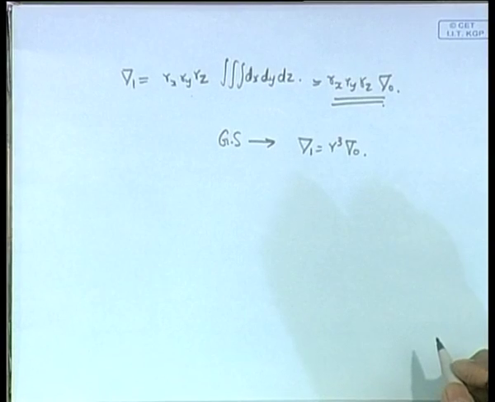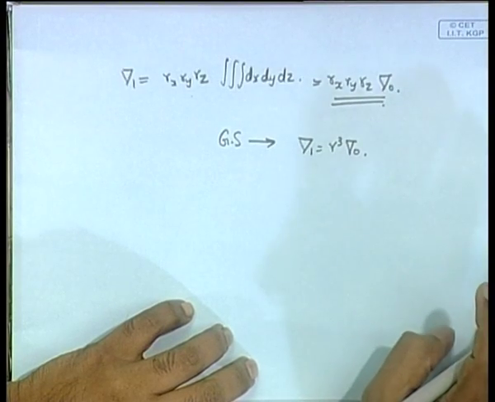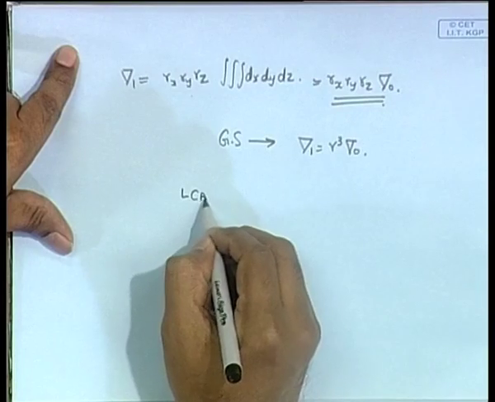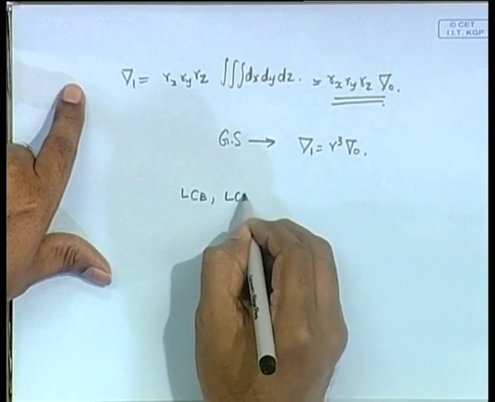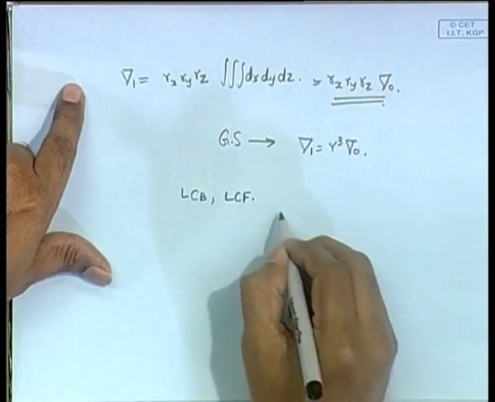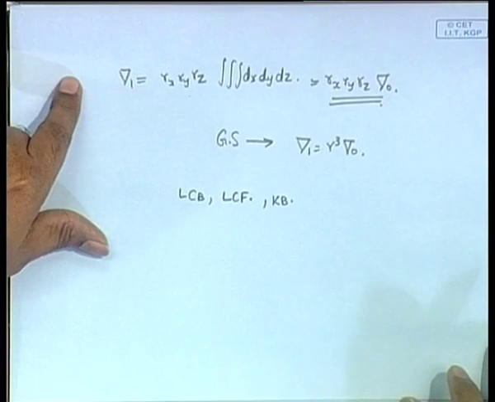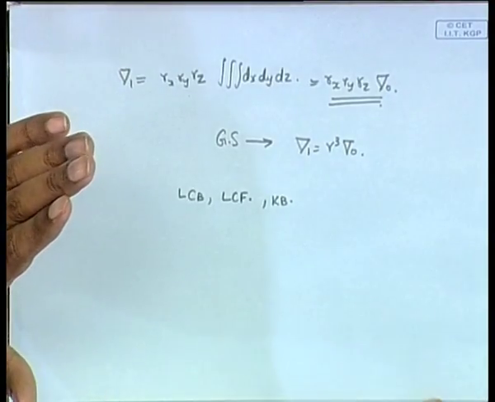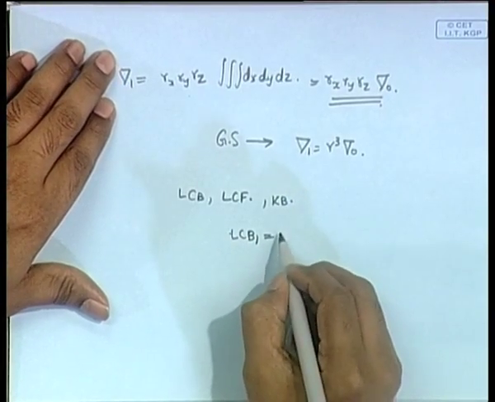Now, when you do this kind of mapping, we are not doing the derivation, but it is very simple. You just need to substitute in the equations. We have the equations for LCB, LCF and KB, which we have already derived. Now in the case of this affine mapping, the new LCB, LCB1, will become